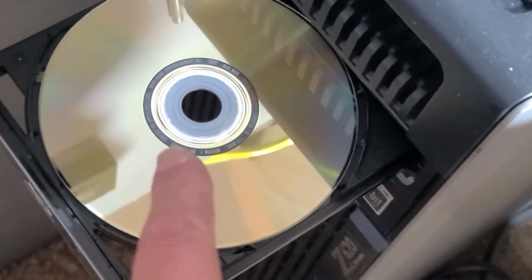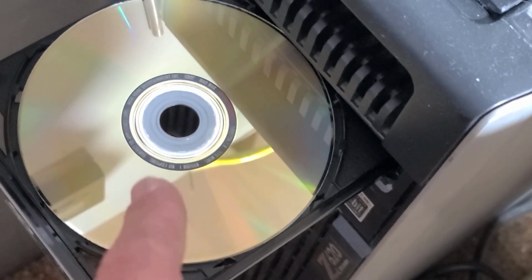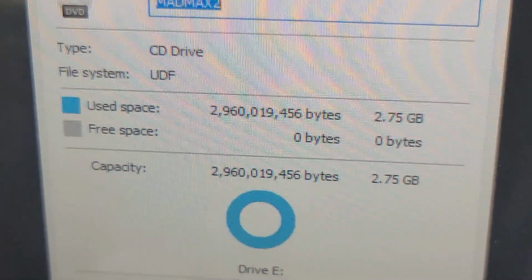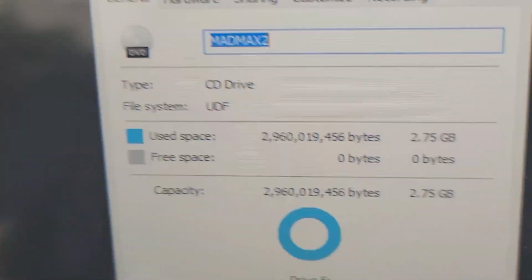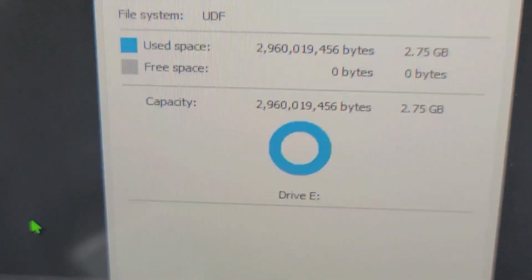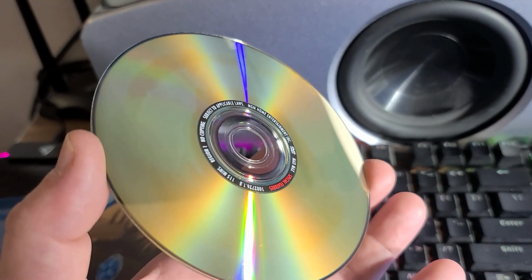It's real special when you get these halfway into the drive and then close the drawer, because then you have the pleasure of scratching both sides of the disc. On this particular disc, it says Mad Max 2 when you flip it over, and we can see another 2.96, so as we can see, far more than 4.7 or even 9.4. This triple layer DVD is 11.2